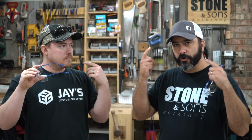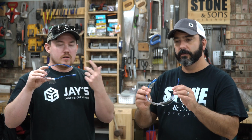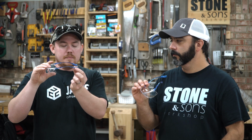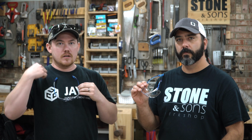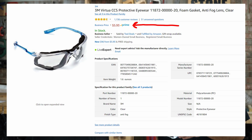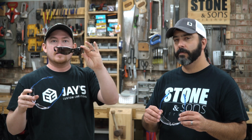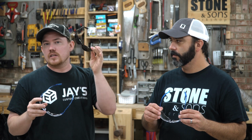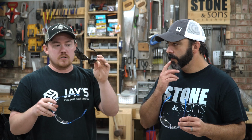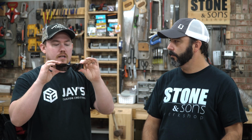earbud style. Yeah, it's got like a string connected to it, so the kind you let drape around your neck. Hearing protection. Yeah, so you can clip them into your safety glasses so they're always right there, and then that will dangle from your neck as needed. But these are really, really inexpensive, and they work really well. So much that they make the exact same thing in a tinted version that is, again, very inexpensive. And I bought like 3 or 4 of these and scattered them throughout my vehicles, mine and my wife's vehicle, so that I always have good